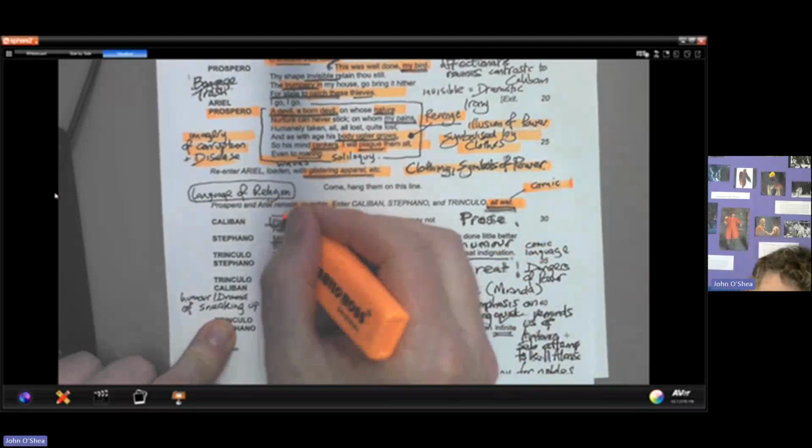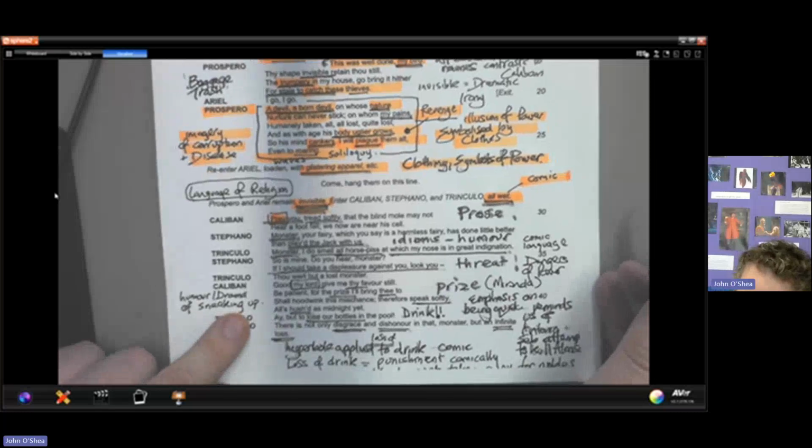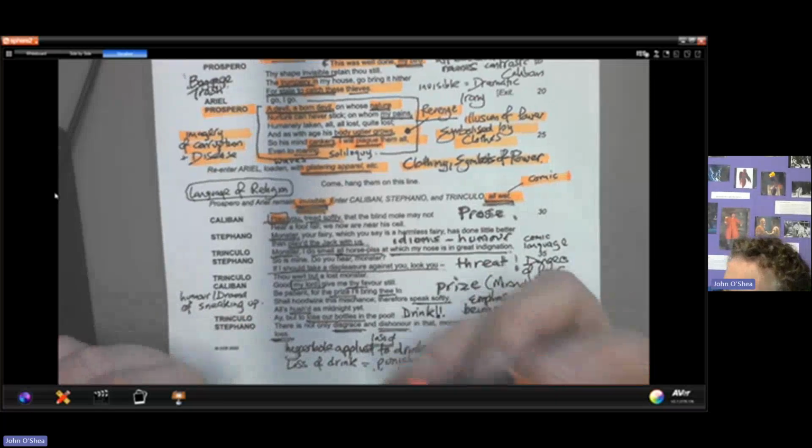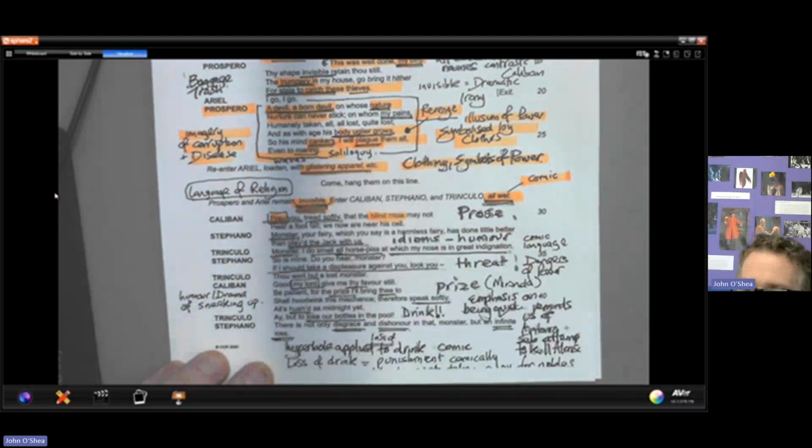"Pray you." I mean, you could talk about how there's connotations of religion throughout the play, but that's typical Elizabethan language. "Pray you, listen, you know, tread softly, the blind mole may not hear." Who's the blind mole? Arthur. Prospero, yes. Again,